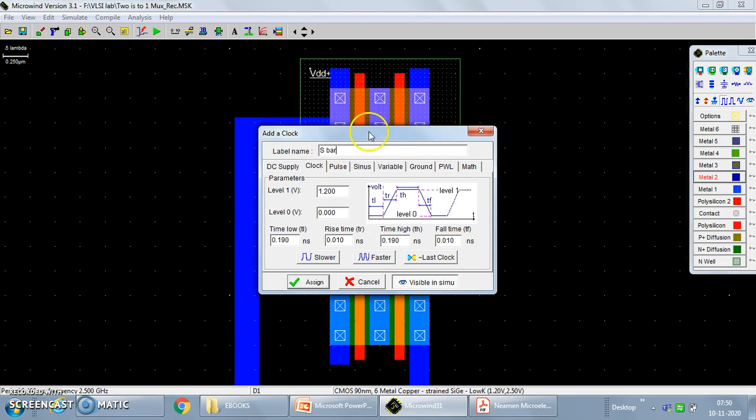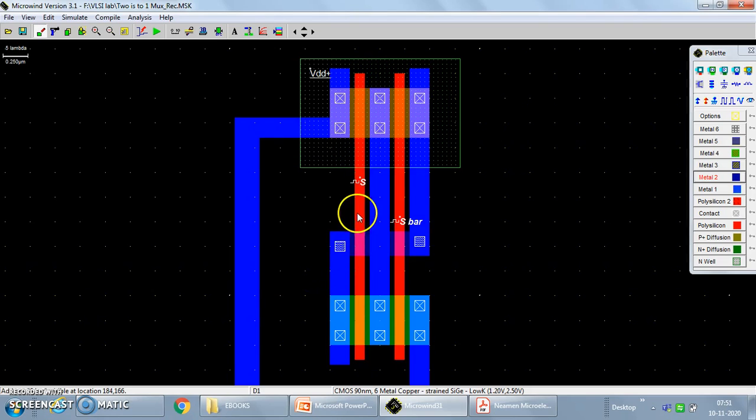Now instead of inverting it, I will make this the same value 0.090, but I will change the setting to 0 value. I will invert the clock pulse, because otherwise one more gate would be required as an inverter. I can make this a 2 also. Okay, in that case it was 1.2, so I should make this also 1.2. Okay, assign. So this is S assigned, and this is S bar.